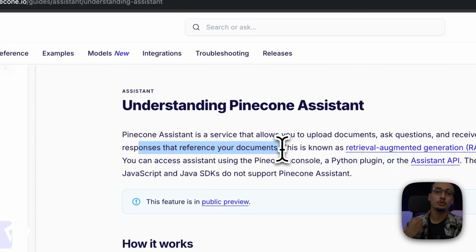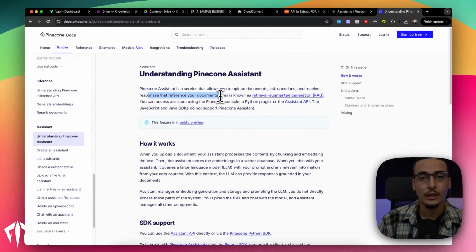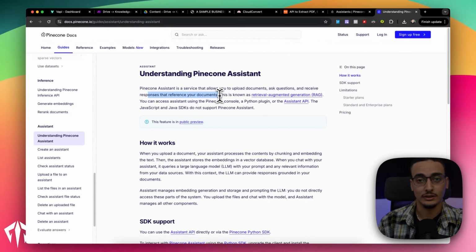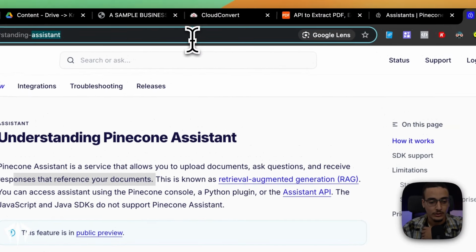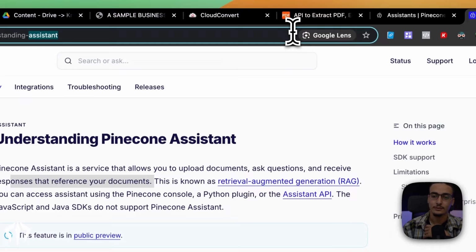So in our use case, this is super powerful because it takes a bunch of steps away and also ensures accuracy, because Pinecone is literally a vector database company, they're really good at what they do when accuracy matters. Other LLMs like ChatGPT or Claude 3.5, while good, have a tendency to hallucinate. I've noticed that Pinecone has basically zero hallucination. Like if it doesn't find something from your documents, it will say, I don't know. So if you want to learn more about Pinecone, you literally just go to pinecone.io and all of the documentation